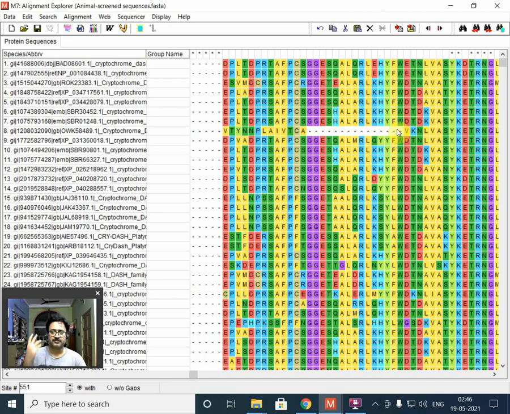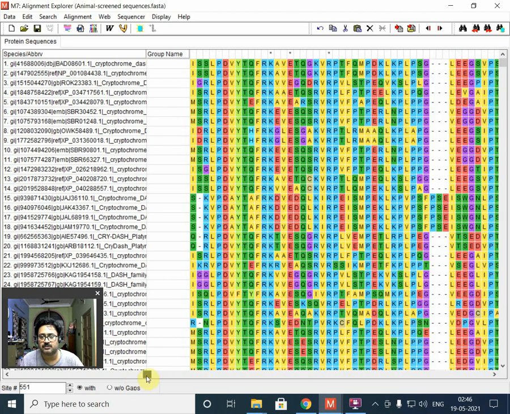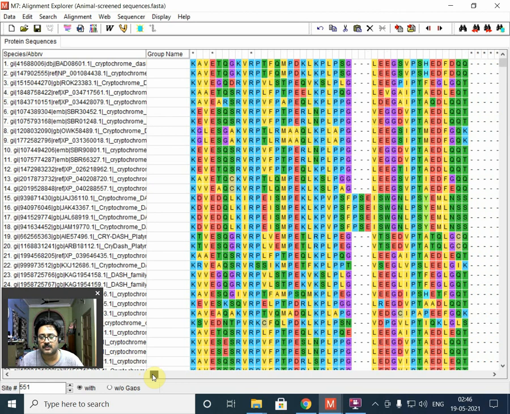Although there have to be some changes, when we do multiple sequence alignment using two different algorithms, some of the things we are seeing here are exactly the same as we saw in the last video, when we used the MUSCLE algorithm.